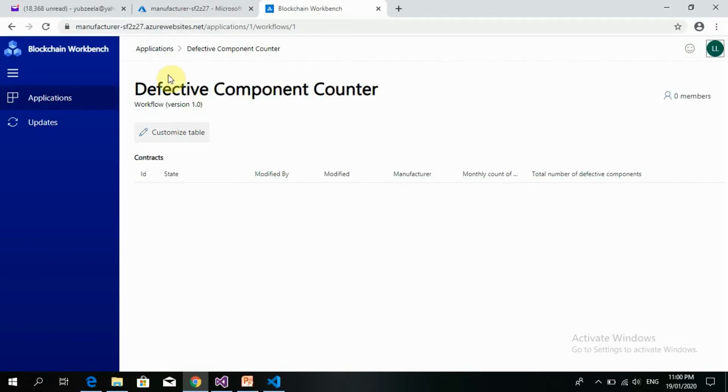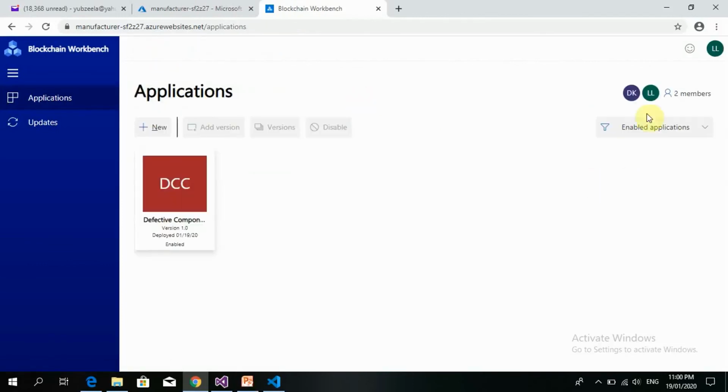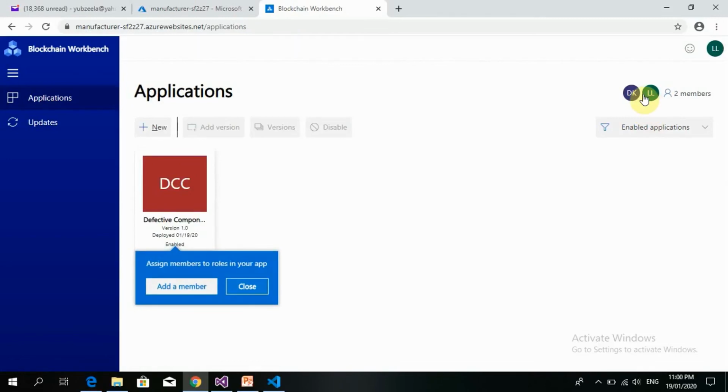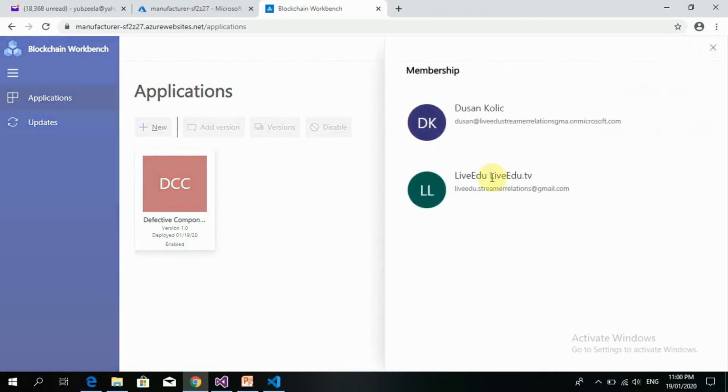So all we need to do now is add members. So let's come here. You can see it says assign members to roles in your application, or you can click here. Anyway, I already have two members that I'm logged in with. I have this and then I have this. So I want to use this user,